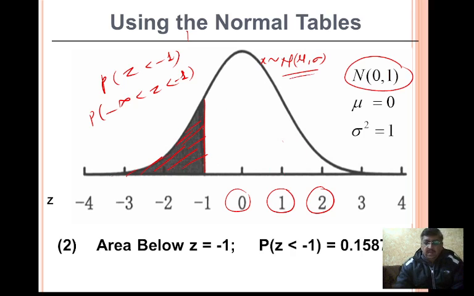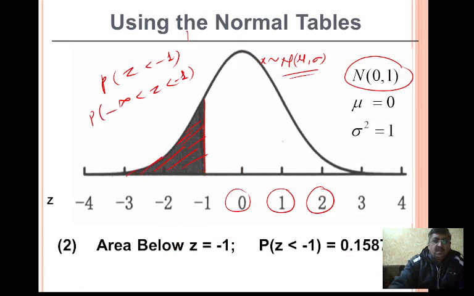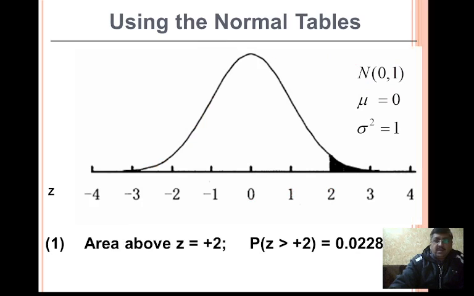0.1587, right? If you go back and see the value of z equals 1, it looks like 0.3413. Then why am I saying 0.3413 for z equals 1? We have already calculated that for z equals 1, it is 0.3413. I'm trying to make you a little curious by confusing you. So how does this value come? I'll discuss this in the coming slides, but let me now speed up the presentation by showing another way of representing.